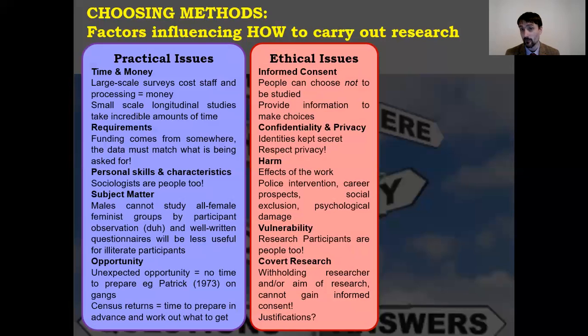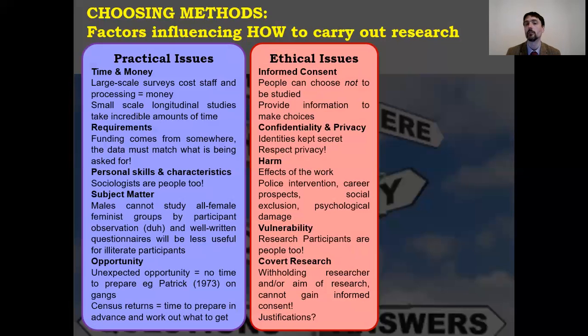That leads to the idea of vulnerability. A lot of the groups that sociologists want to know most about are vulnerable groups. And, well, they're people too, you know? So if you go in there crashing around like a bull in a china shop trying to find out what you need to know, you can inadvertently make things worse, or worse, absolutely do it and know you're doing it. So you've got to be careful with the groups you're using, and you've got to tailor your approach to those groups. And this brings me to the last point.